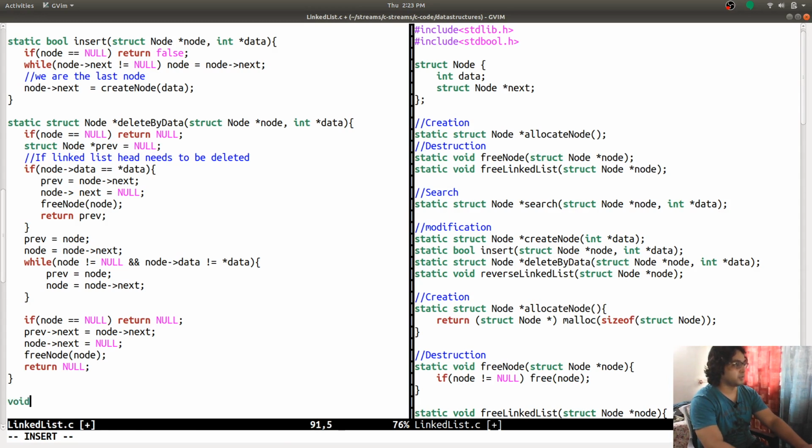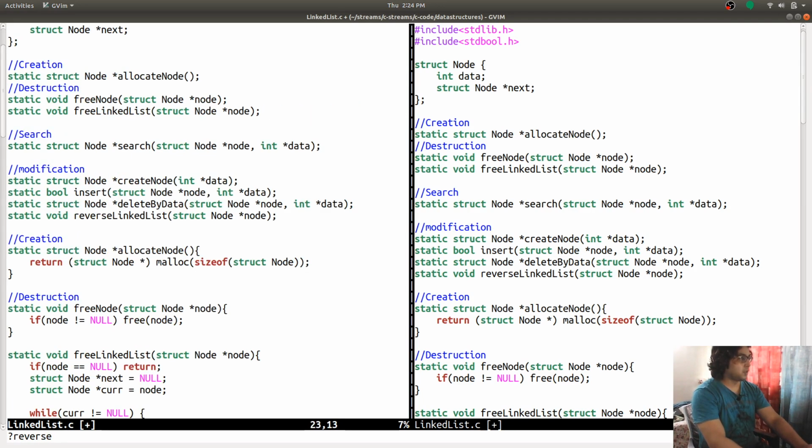Void, not void. static struct. Again, as we are modifying the data and the head of the node is going to get changed, because the head that you provided is different than the head that this function is generating, and you will be pointing to the last node after this function is done modifying your linked list.